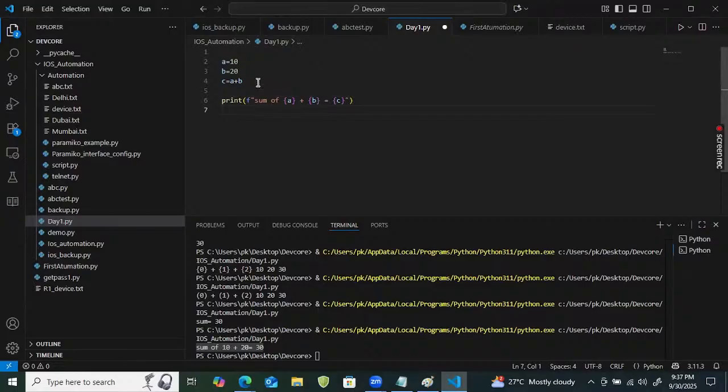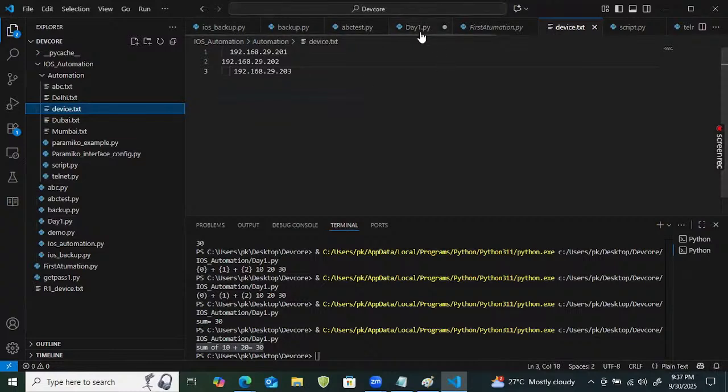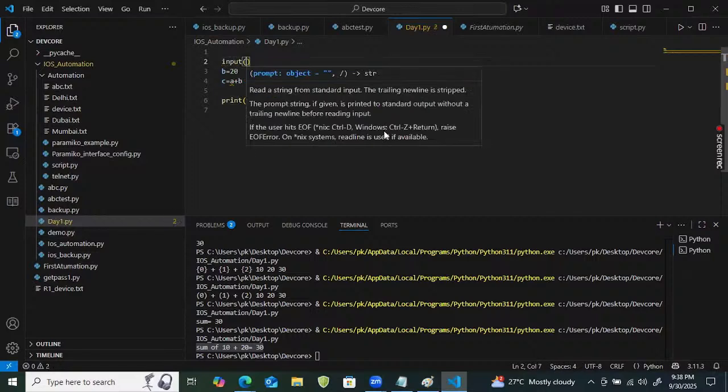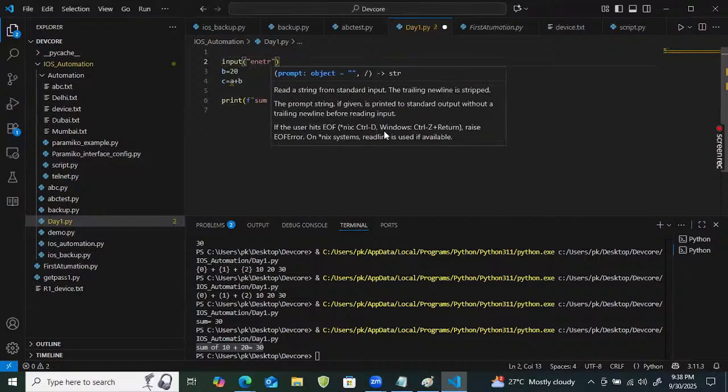So right now C equals to A plus B is going to print 30. So the value of A and B is fixed. What I'm looking for is, whatever value we enter, it should be asked for at runtime. That means the value of A should be asked at runtime. So which function do we need to use? To take some input from the user, we need the input function, right? Yes. So what can we write here now? Maybe input, and I'm just going to mention enter the